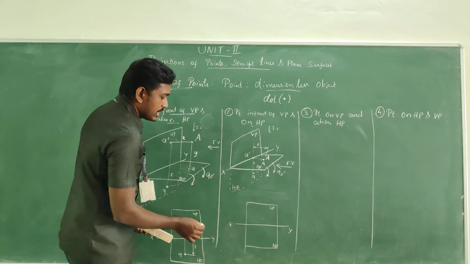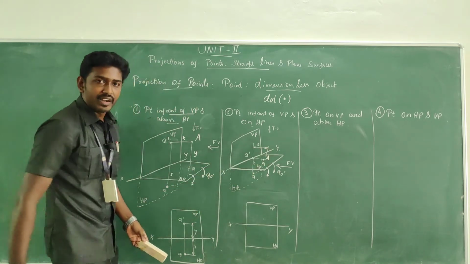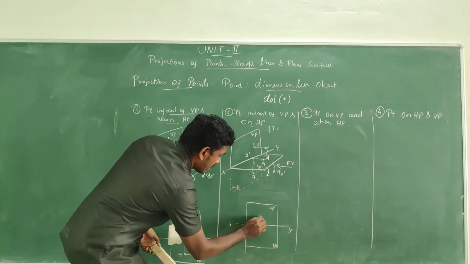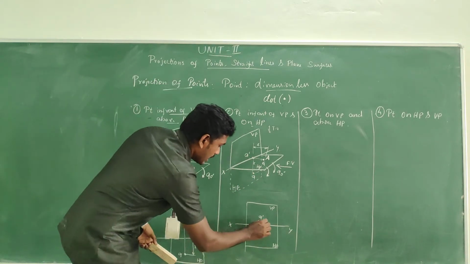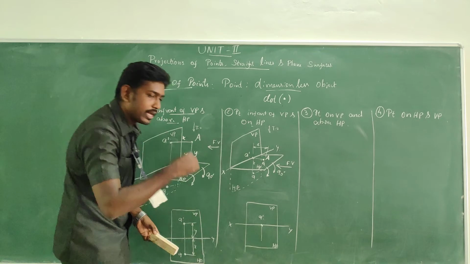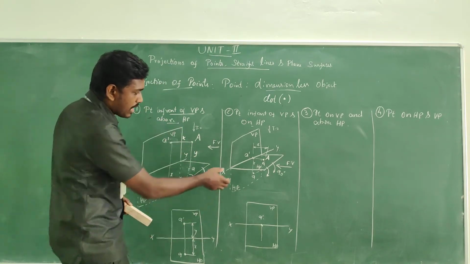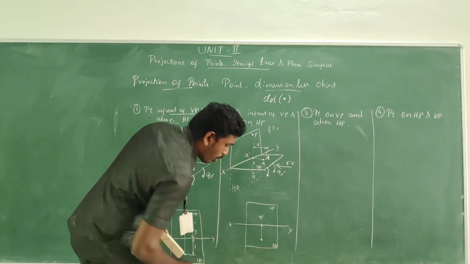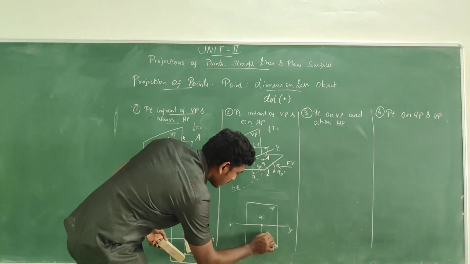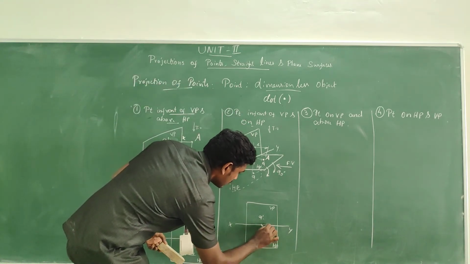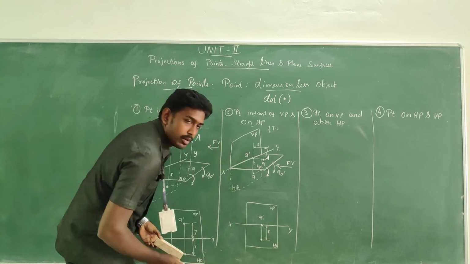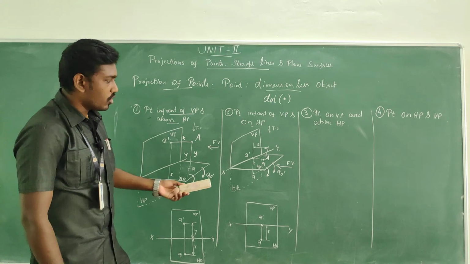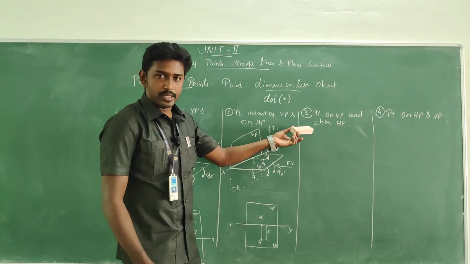So first of all, capture the front view A dash. Here in the HY line, I am going to take my A dash, and afterwards in order to trace the top view, get the projector with the thin line and take the measurement X and mark the point. So it is with the measurement X, mark the point, it becomes A. Okay. Move to the third case.